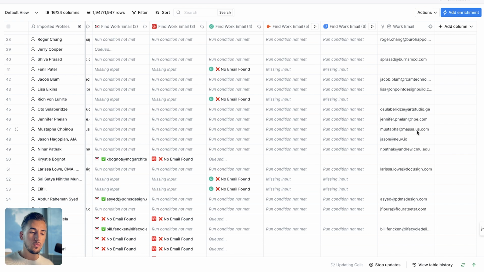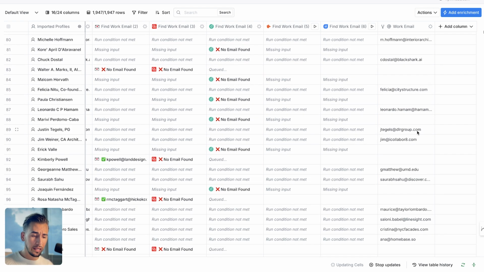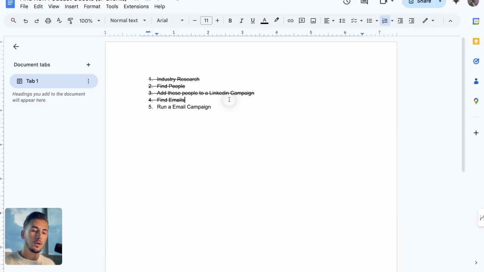So what we can do is hide all of these columns and let it do its thing. And once it's done finding all the email addresses, we can take these emails and put them into an email campaign. We're going to go into the next steps of running an email campaign and how we set this up. This is another tool that we got to use. So it gets a little complex. You got to use a couple of tools to get through this. However, the first thing we got to do is write some copy. So let's get into that.